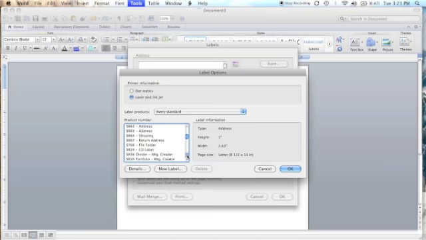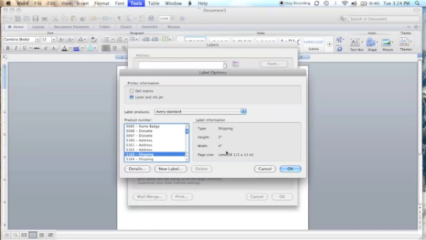So I'm going to go all the way back up here. These are numerical in order. It looks like there's a million different kinds, believe it or not. Many of them are the same sizes, and I'm going to show you that in a second, so if you can't find the exact one you're looking for. Okay, what you want to see is what the height and the width are, and that tells you right on the front of the label packaging. I'm going to be creating